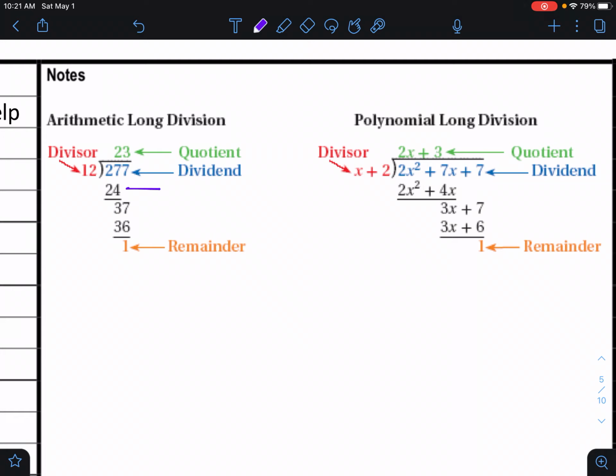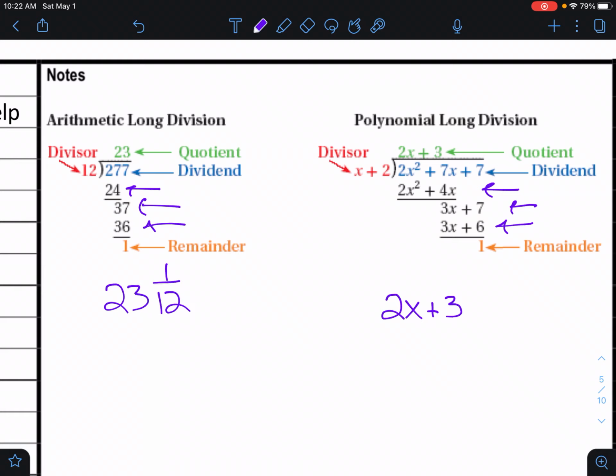You'll see 24 here, you see 2 and 4 here. 37, right? They match up, and I get a remainder the same way. Now, when I write my answer for these, I'm going to write 2x plus 3. Now, when we do this over here, we write